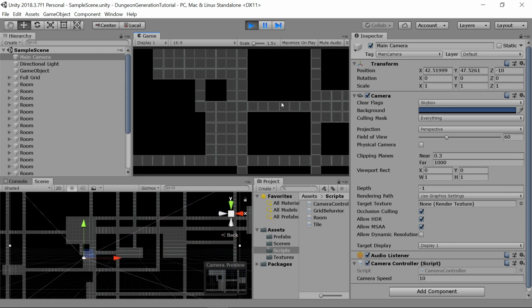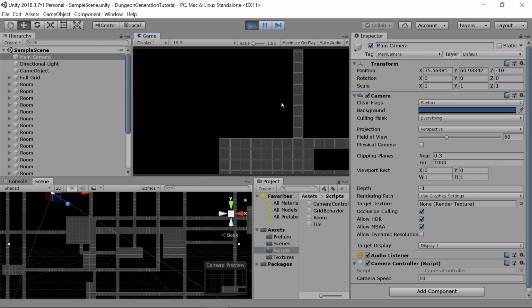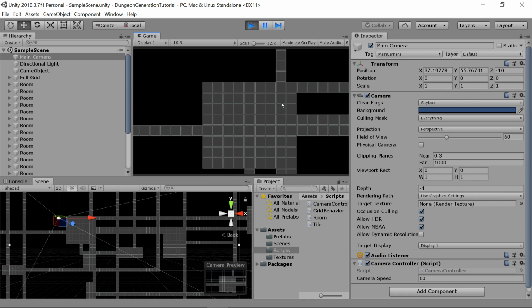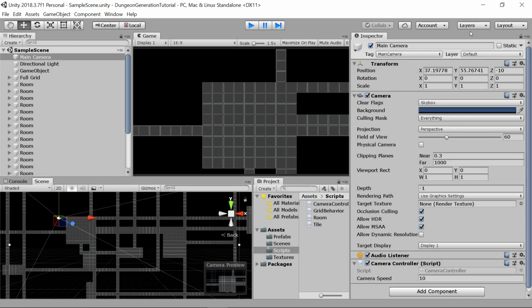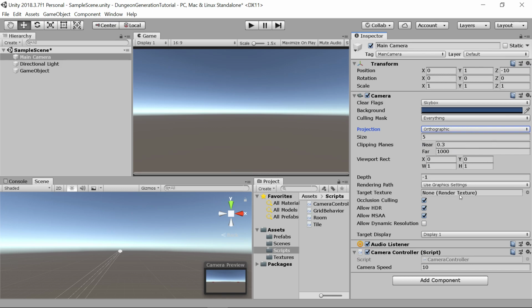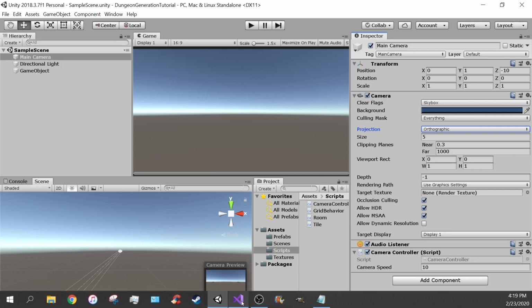But look at this map, though. This is insane. But what would be really cool is if we could zoom in and out as well. So what we're going to do for that is we need to change the perspective on this camera to orthographic. And that's pretty much it. You can just leave it as that. And then now we can come into here